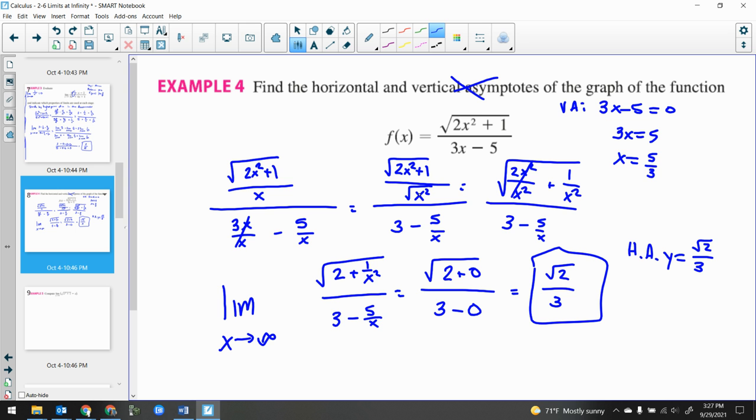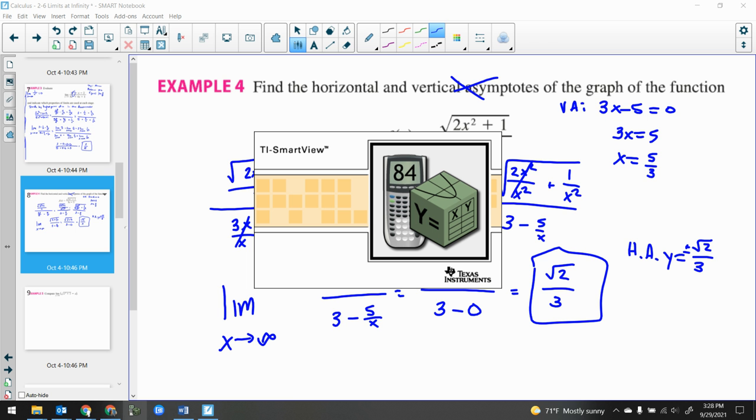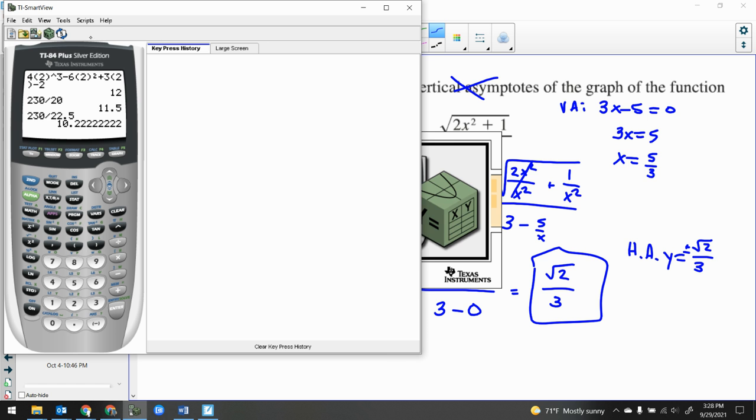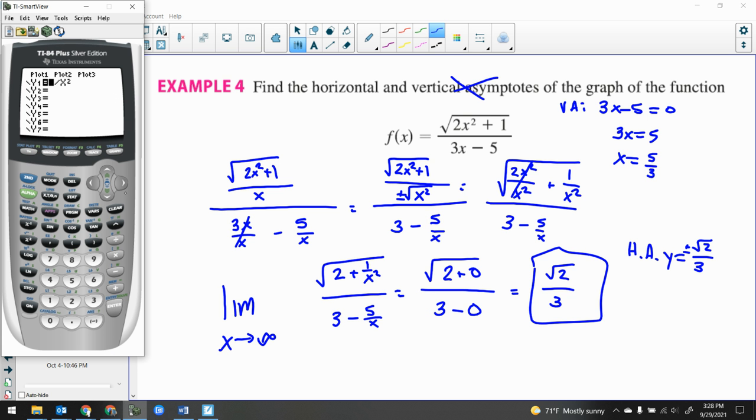Now, understand that we squared this thing here, right? And when we took the square root of it, remember, whenever you create a square root, you not only have to consider the plus, but you also have to consider the minus. We were only talking about the positive root when we continued this on, but what we can actually do is say, oh, I have to consider both the positive and the negative root of this thing. Now, how would we have known that? That's really difficult to know. So what I would suggest you do is go to your calculator and look at it. Is the horizontal asymptote the same thing on the left side as it is on the right side? We algebraically found the right side. Let's check the left side too, just to see.